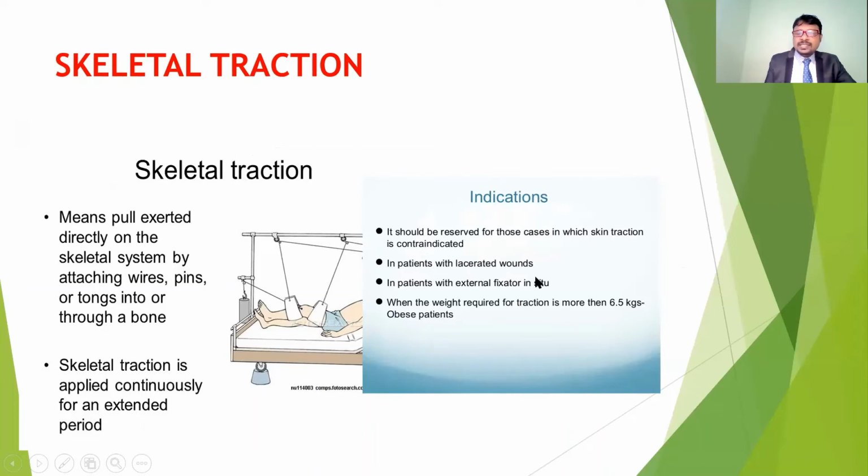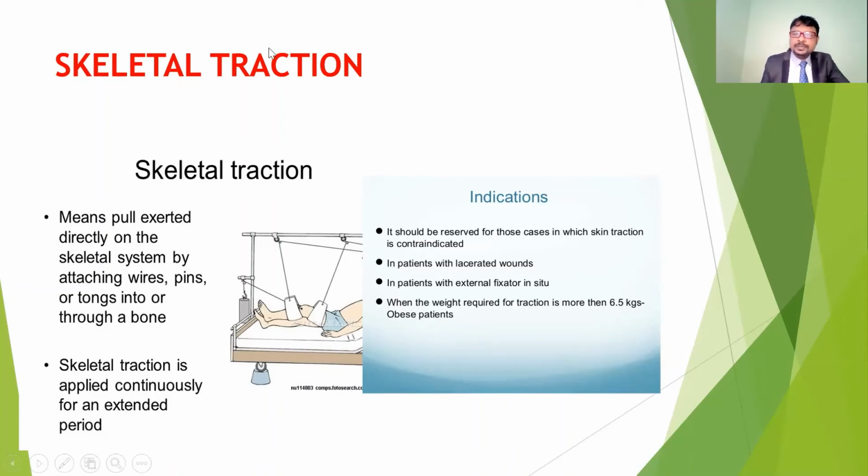And the patient with lacerated wounds, the patient with external fixators in situ, and also when the weight required for the traction is more than 6.5 kilos in an obese patient. Because skin traction won't maintain more than 6 kilos. Because it is a superficial traction, it can maintain only less than 4 kilos or 3 kilos with skin traction. If it requires more than 5 to 6 kilos, in obese patients, we are going to do